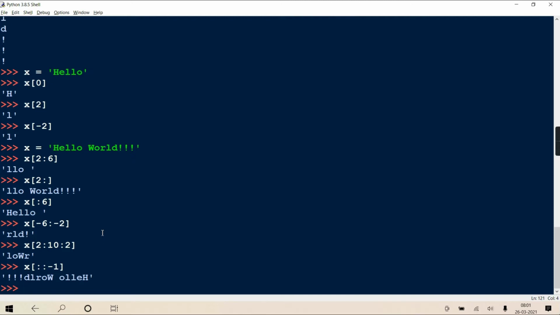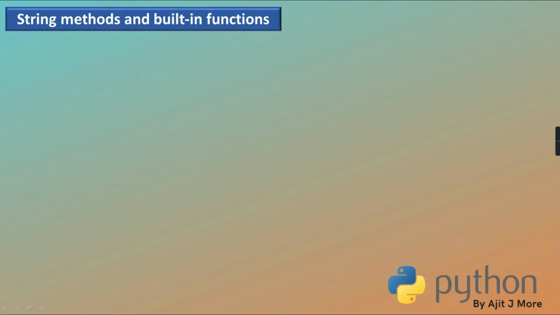So I hope this is quickly recalled, that the same concept of accessing a list or a tuple is applicable on strings also. Now the main thing is we have to discuss different built-in functions and different methods of the string class. There are some built-in functions which you can apply on a string, and there are some string methods also, methods of class str. So that too we have to discuss. That is the main topic of discussion.